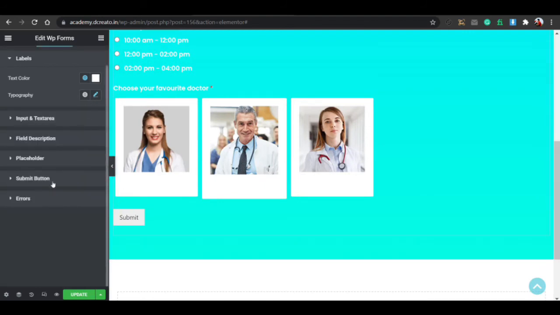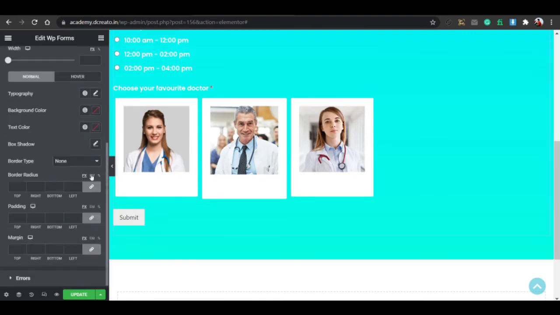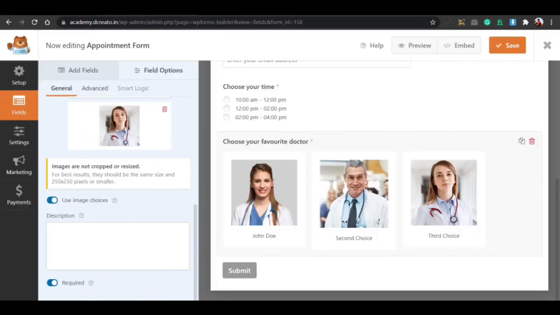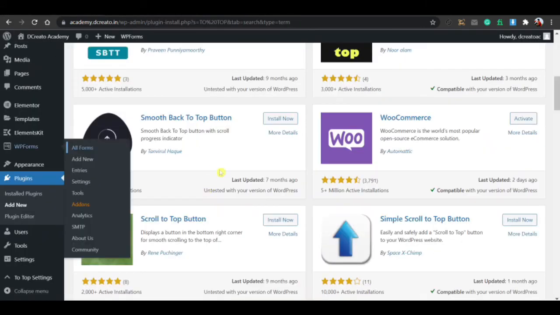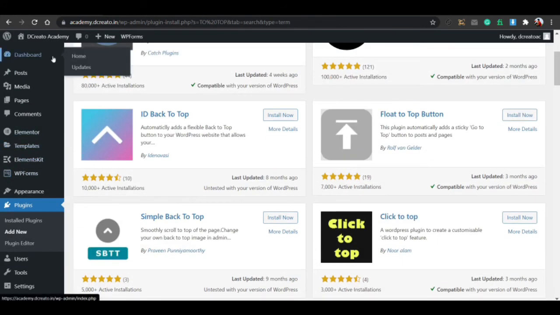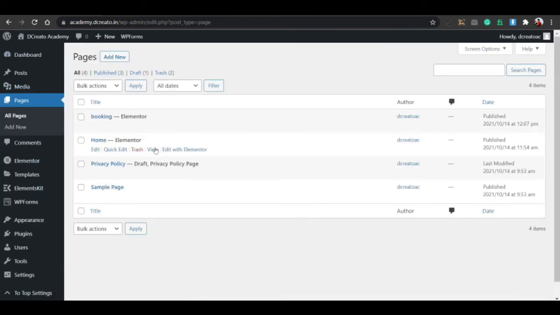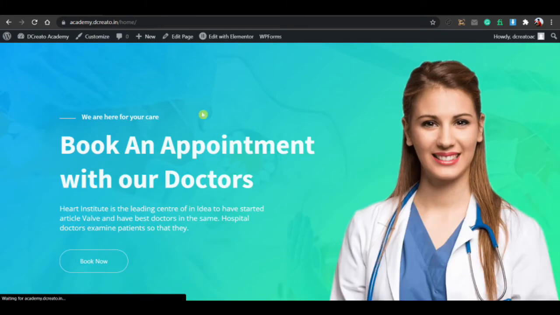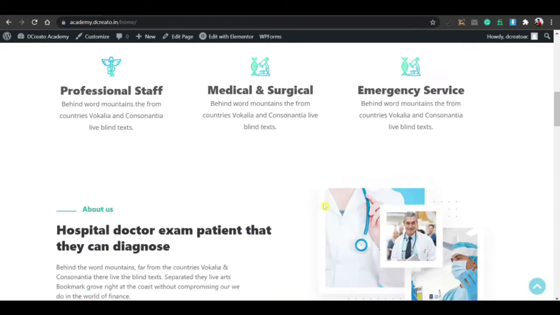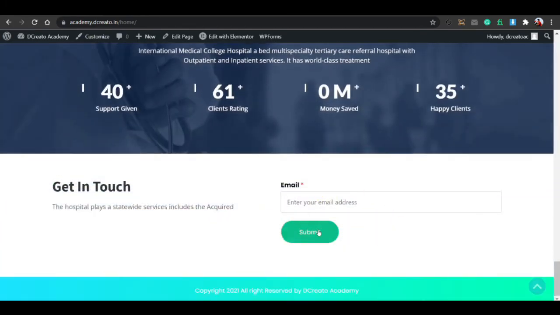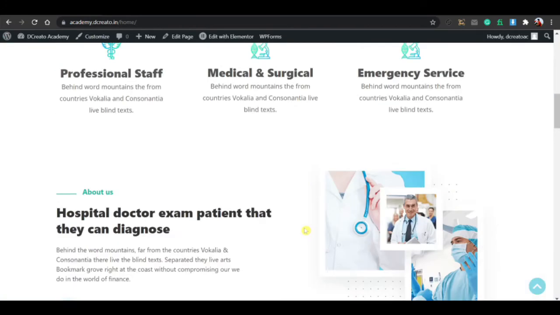So just go to the submit button, click on the submit button, then you can see this submit button came. I have already created a button. If you just remember, if I go to the page, go to all pages, and then click on this home view, then you can see the submit button is already made.